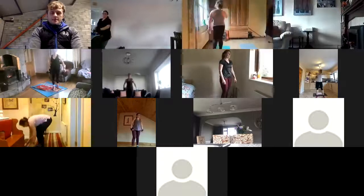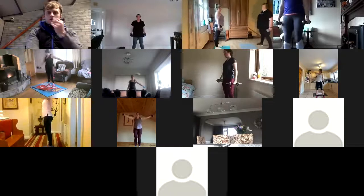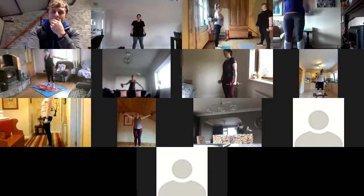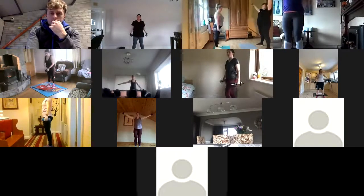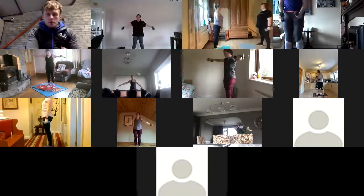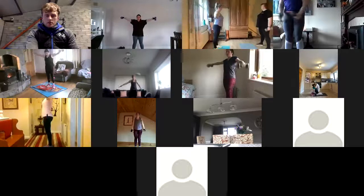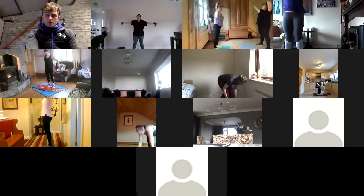Nice work, guys. And then into your second exercise whenever you're ready. Lateral arm raise, single arm or double arm. Mighty stuff, folks. Well done. 12 reps double, 8 single. And then we're into our lying leg raise